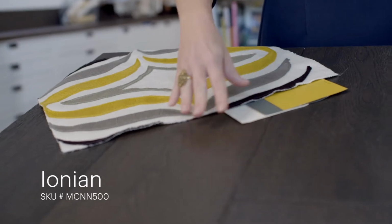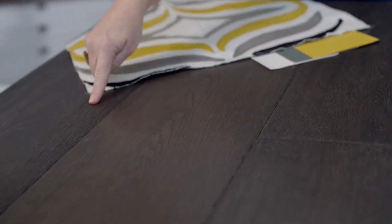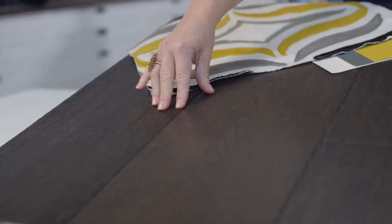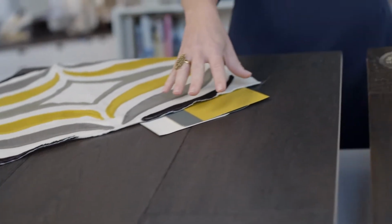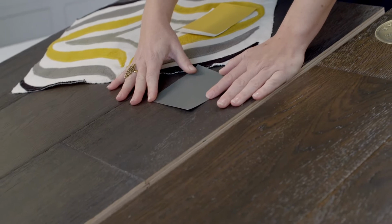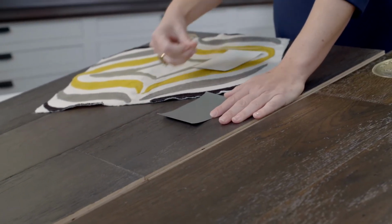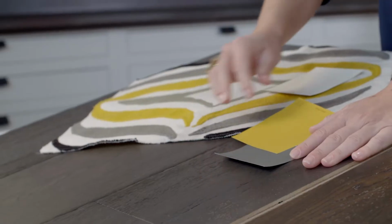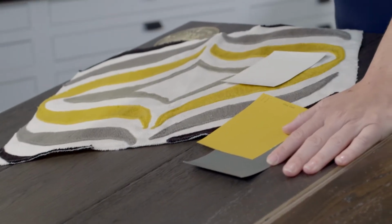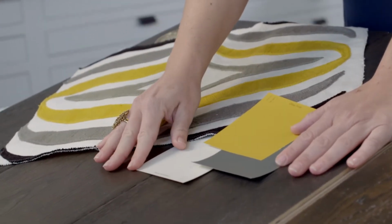For this, we were thinking about a more modern design. A great pairing for this would be this strong yellow, gray, and black fabric that really has a modern edge to it. You can take additional paint colors to help you understand how the room's going to come together. This dark, gorgeous gray tone, which is incredibly popular right now, really relates to the black wash that's on this wood. And then we can add that pop of color, the yellow, to just have a really modern take to it. But if you're worried the room's getting too intense, you can just simply add a great light white wall